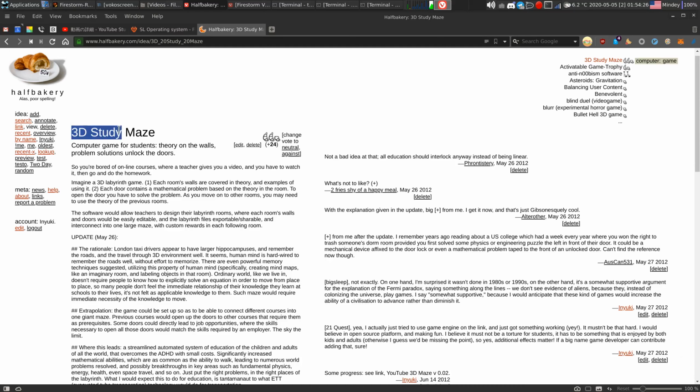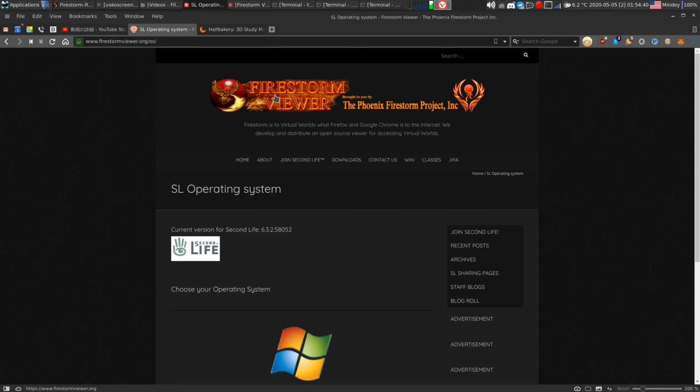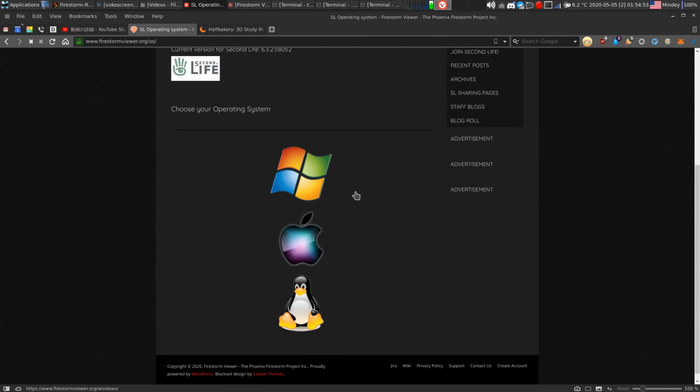Looking back to this idea of a 3D study maze, a computer game for students where theory is on the walls and problem solutions unlock the doors, I had recently discovered that there's something called Firestorm Viewer, which is for virtual worlds what Firefox and Chrome are for the internet. And it's allowing you to view the old Second Life on Linux as well as other